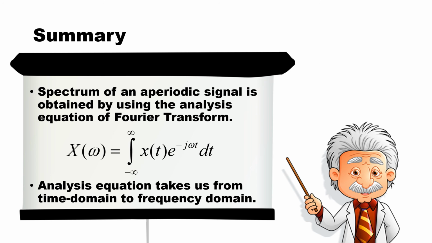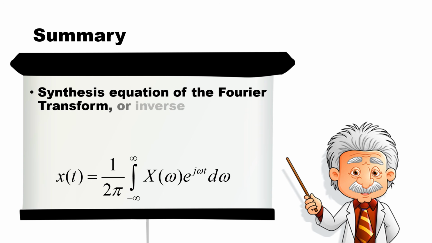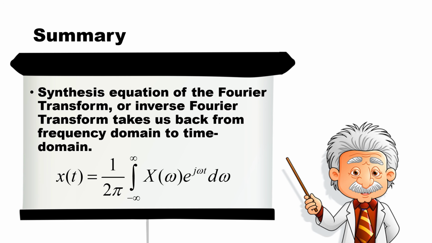Point by point. The first thing, a spectrum of an aperiodic signal is obtained by using the analysis equation of Fourier transform. This is the analysis equation and we are very much familiar with it. Now the next thing, analysis equation takes us from time domain to frequency domain. We all know that. Now, synthesis equation of Fourier transform, or as it is said, inverse Fourier transform, takes us back from frequency domain